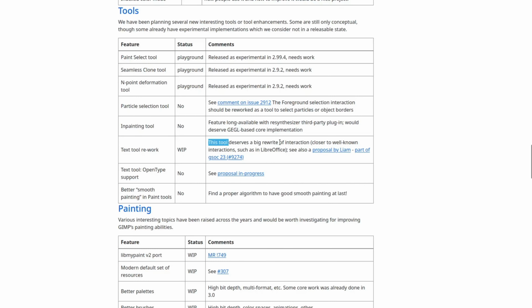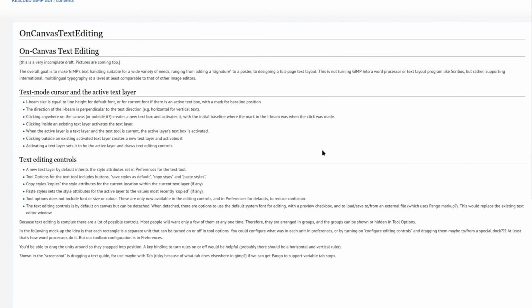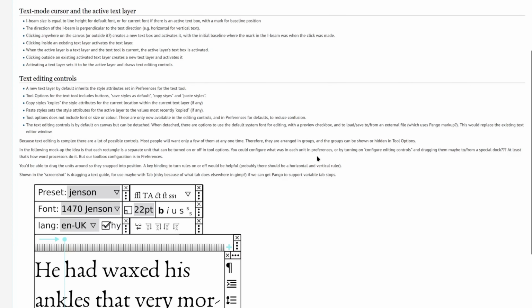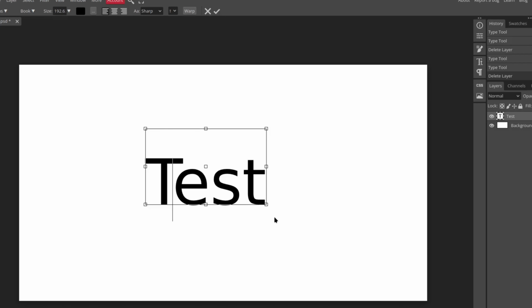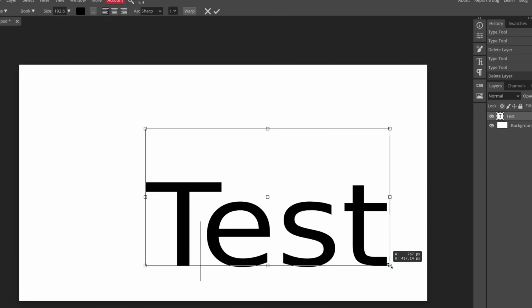However, rewriting the tool seems to be in the plans for GIMP devs. On their website, it says it's a work in progress, but who knows if it actually happens anytime soon. Though they promise GIMP 3.2 will be coming this time next year. The way Photopea does it is better, but it did take me a moment to figure out that I need